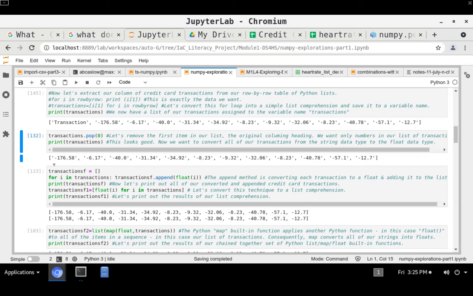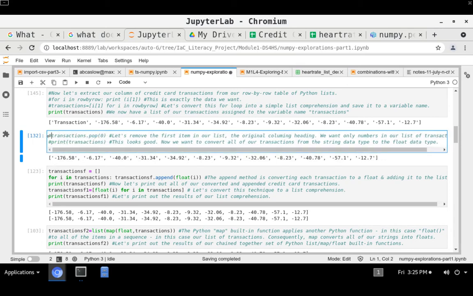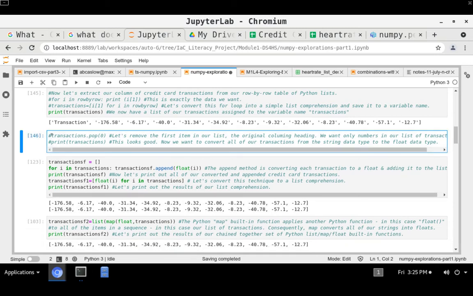Now let's remove the first item in our list, the original column heading. We want only numbers in our list of transactions. So let me comment this out. Boom. What we're doing is transactions.pop. As you can tell from the light blue color, it is a method. And we're saying pop 0. So pop whatever's at